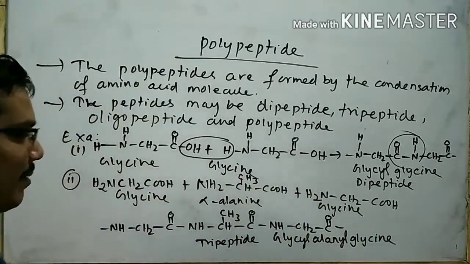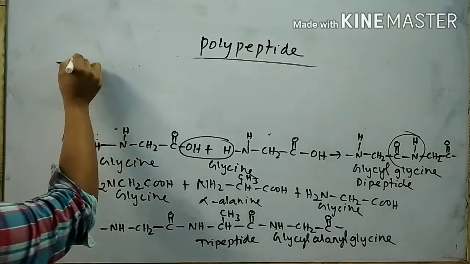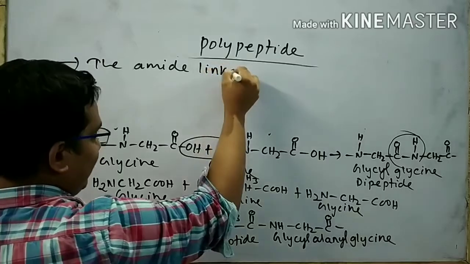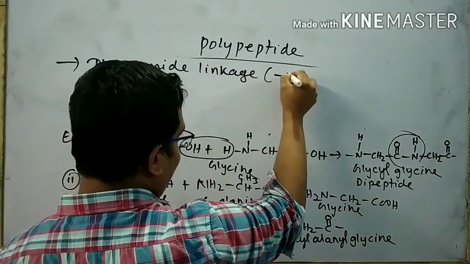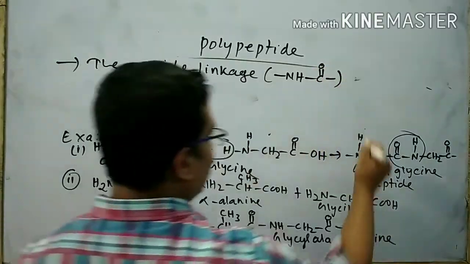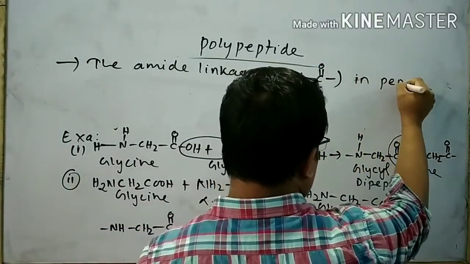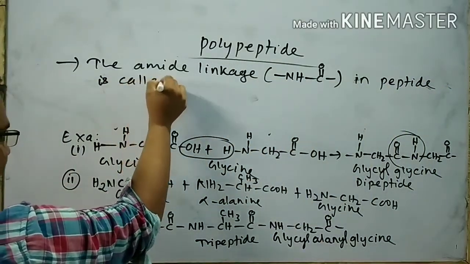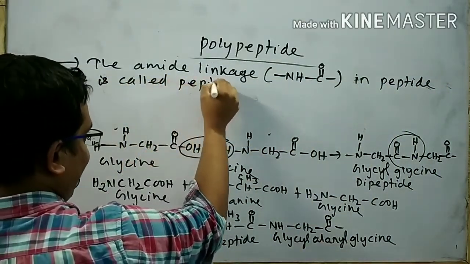This is a tripeptide. Here we can write a point. The amide linkage, that is the bond NH, bond C double bond O, in peptide is called peptide